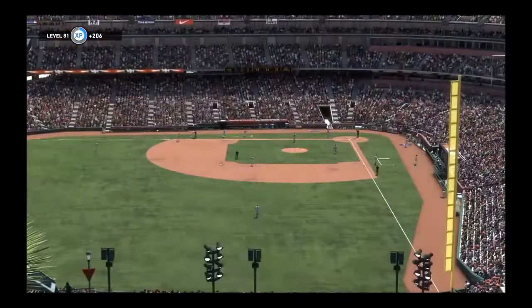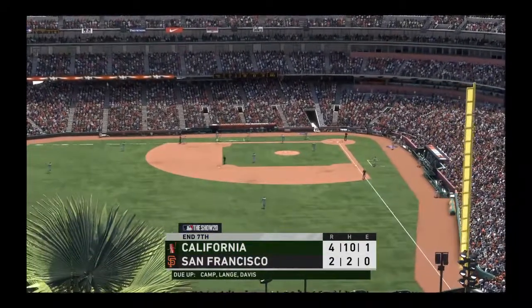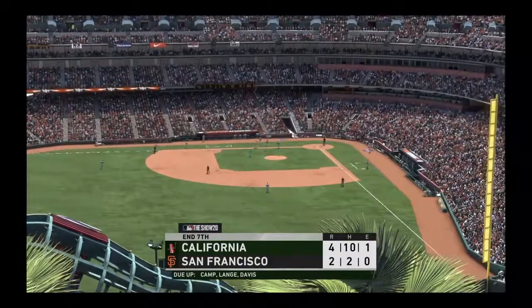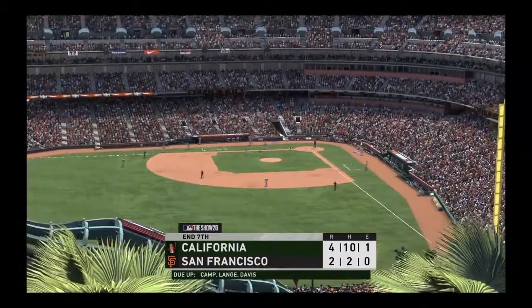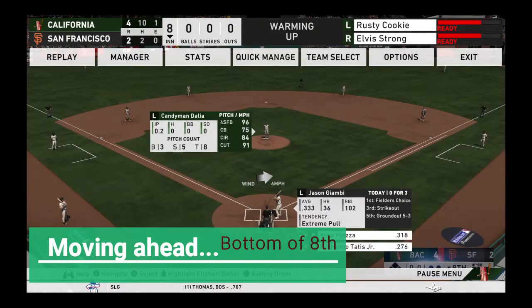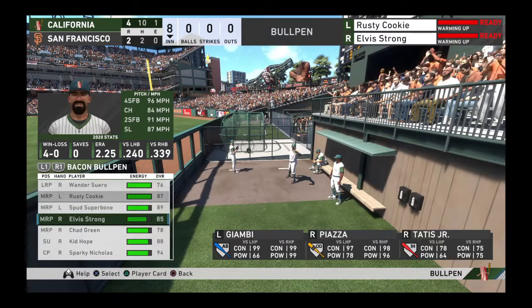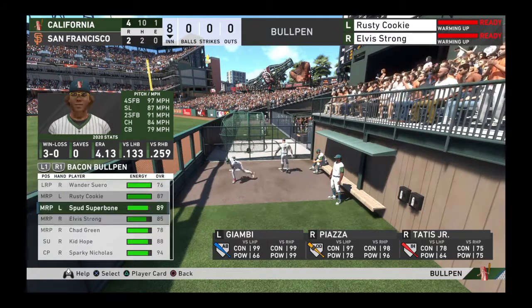Giants will have to be content with just the 1. We'll look ahead to inning number 8 now. The Bacon on top 4-2. Leading up for the Giants, the first baseman, Jason